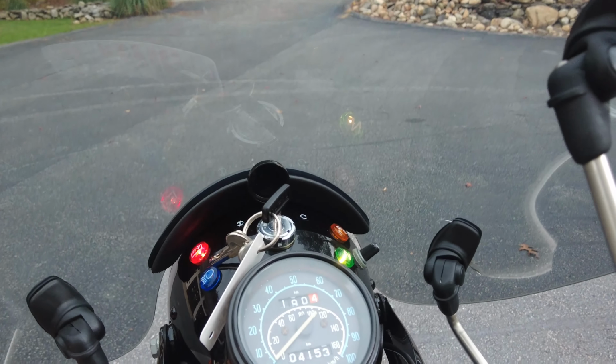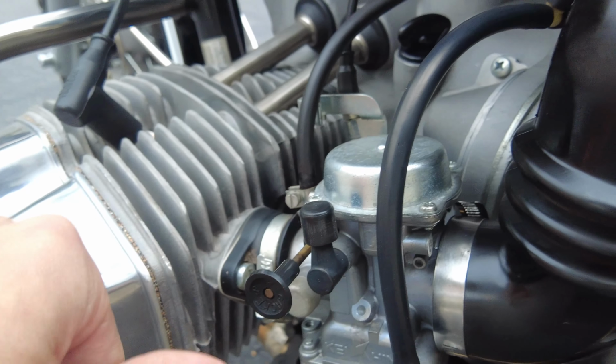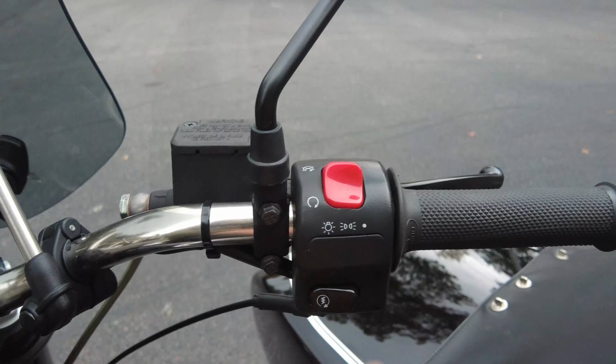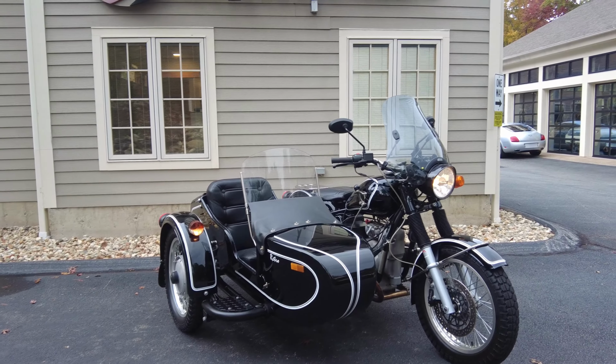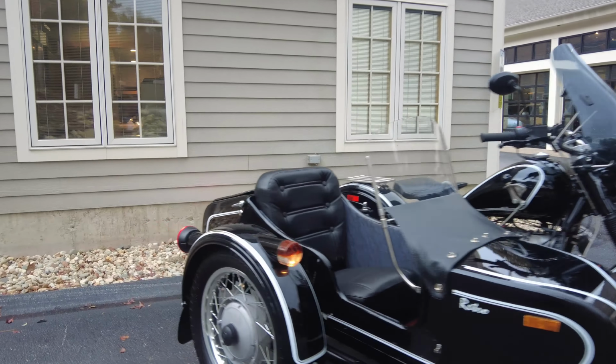So now I've got it ignition on, it's in neutral. The chokes are not pulled. You can see the chokes are not pulled. And all you have to do is bump the starter. It's around 65 degrees today. Starts right up. You can see there my finger slipped off the button at first. But as soon as I firmly pressed it, it literally does like a quarter turn and starts right up. So idles very happily. We can see that awesome